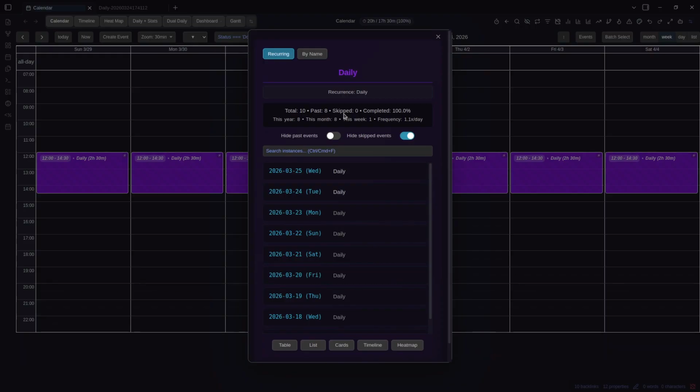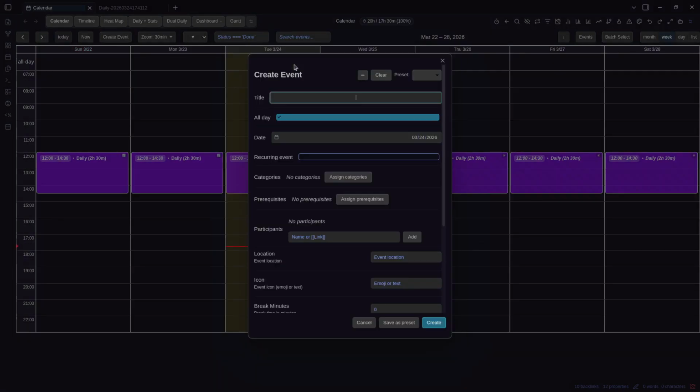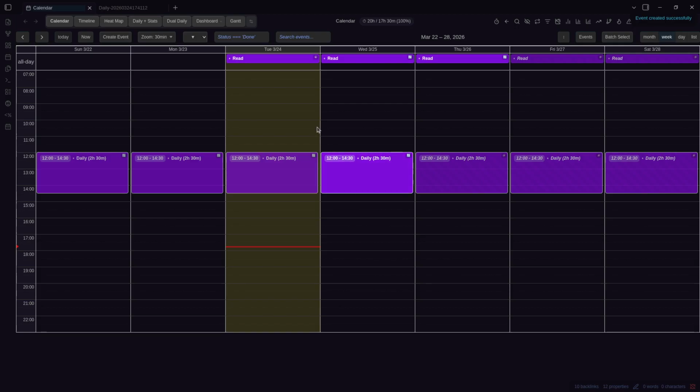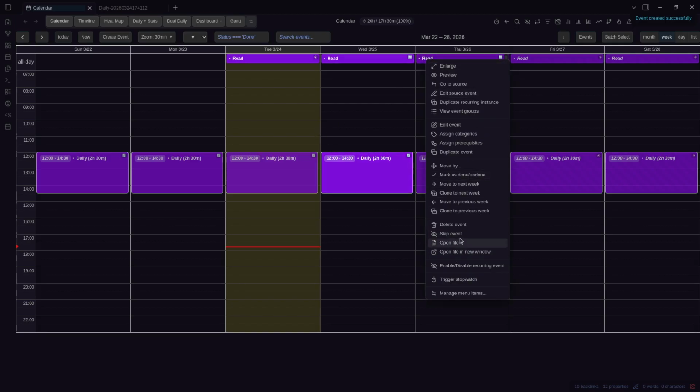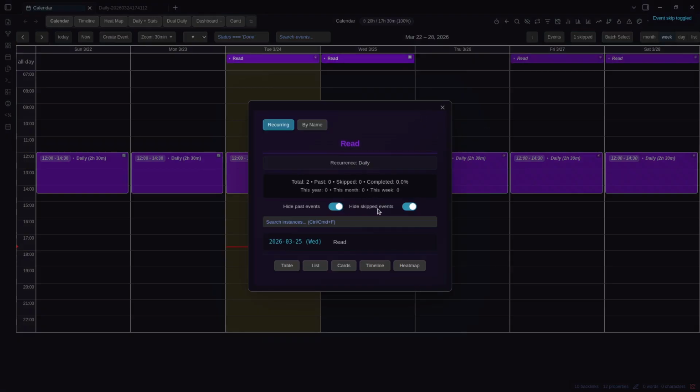So you can use this for habit tracking, because this works also for all day events, which I didn't really show. You can create a habit to read, for example, and you can just set it here. So you can track it this way. And if you don't do it, you can skip it here. And when you skip it, you can see the statistics of,